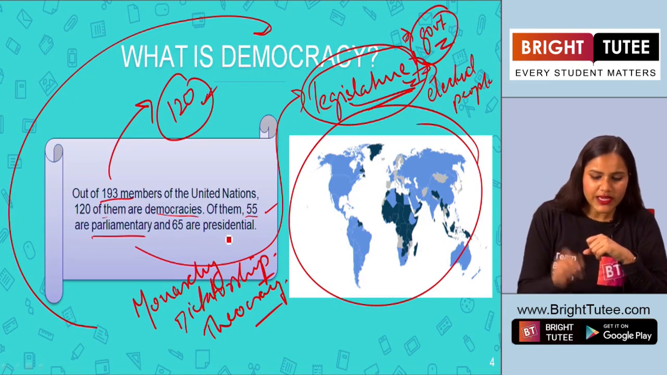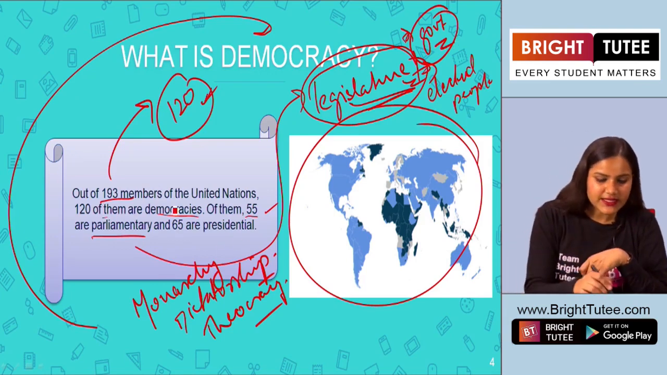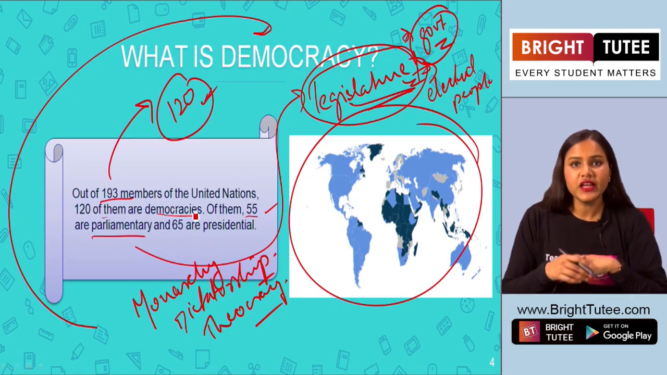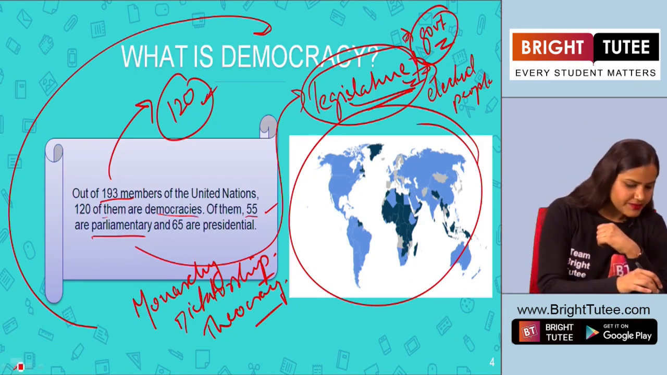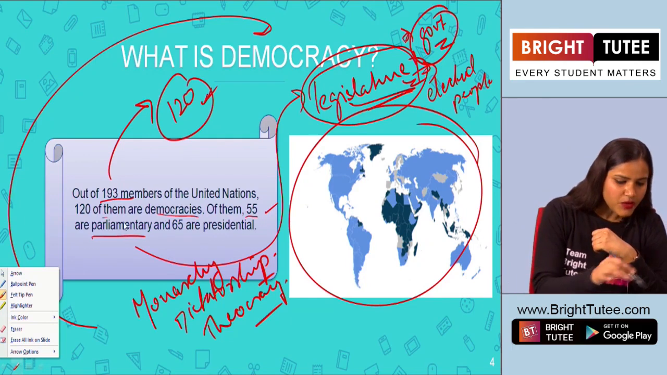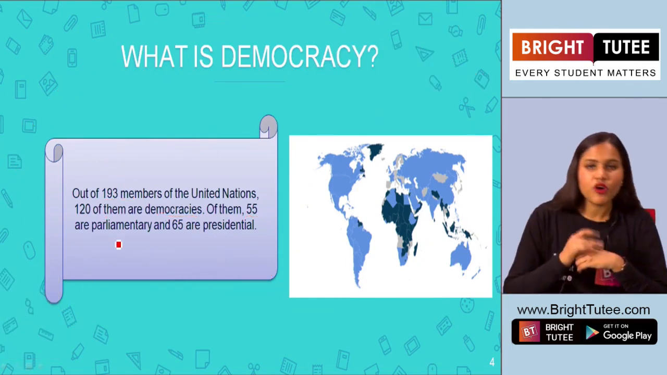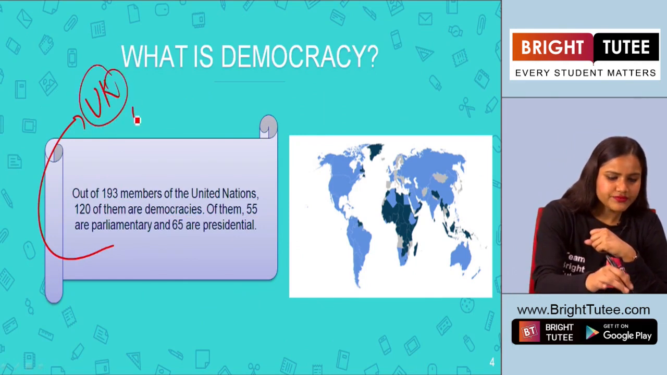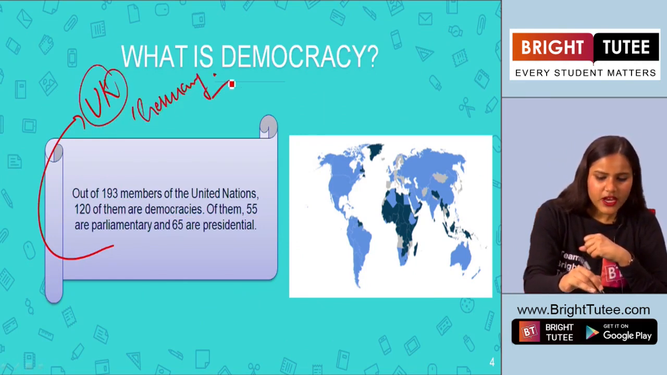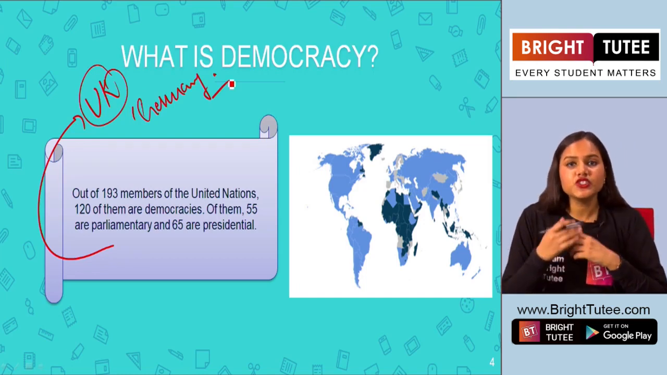But when we are talking about the presidential, that is 65 countries in the world, they have presidential democracy. What do we understand by that? Let us try to see that. And when we are talking about the parliamentary democracy, the best examples can be the United Kingdom, then we have Germany, right? Now, when we are talking about the presidential democracy,